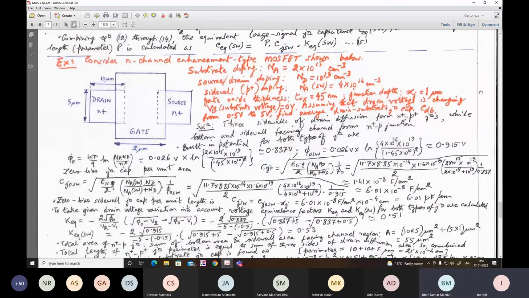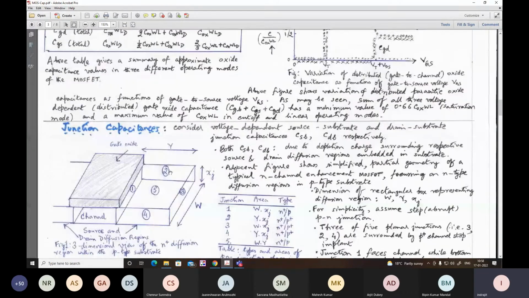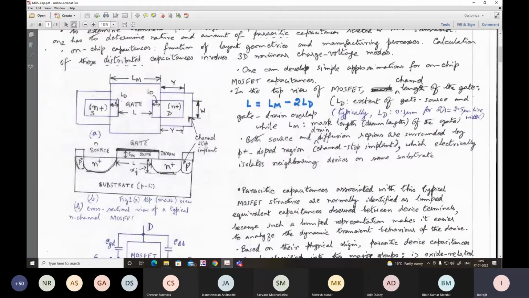First of all, you need to consider the simplified geometry. We are showing the drain side. On the drain side, you have an n plus diffusion region, surrounded on 3 sides by a P plus channel stop implant. What is a P plus channel stop implant? When you build an n-type transistor, to ensure isolation from the surrounding n plus transistors, we need a P plus channel stop implant, so that its presence tends to prevent the occurrence of any other inversion region.